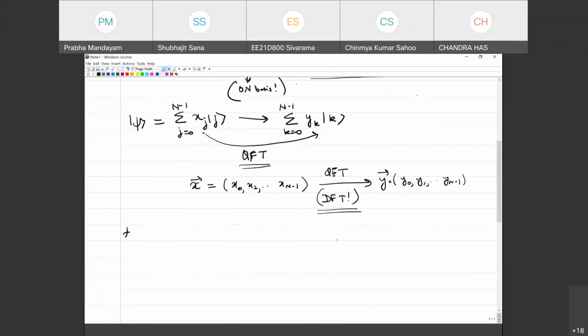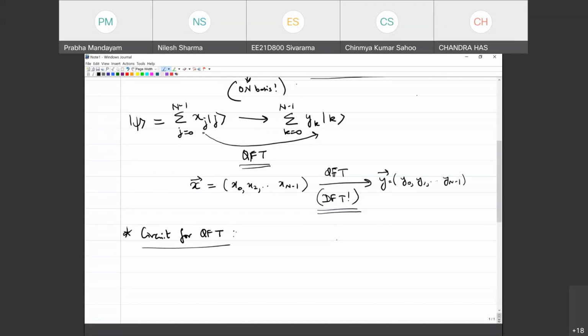The rest of the lecture is going to be about getting a circuit for QFT, and somehow showing that this circuit does not have an exponential complexity with respect to the size of the system on which you want to do the QFT, but rather a polynomial scaling, right? And then that will show us that the quantum Fourier transform can be done exponentially more efficiently than the classical DFT, right? But before getting the circuit,